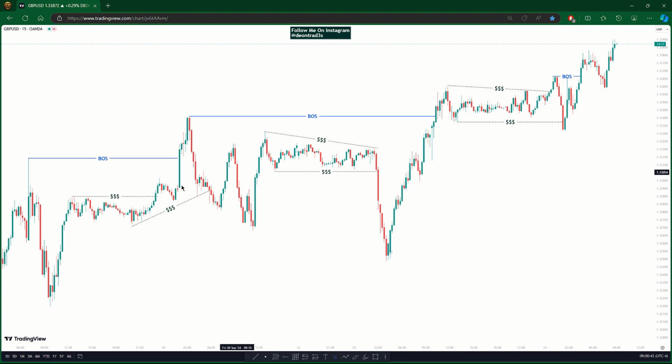You can see here from the first consolidation, price was taken out aggressively, and then came back aggressively to take out the trend line liquidity. Even here, you can see how it drops aggressively and then takes out that trend line liquidity again aggressively. Even here, the same thing, taken out aggressively, drops aggressively. So